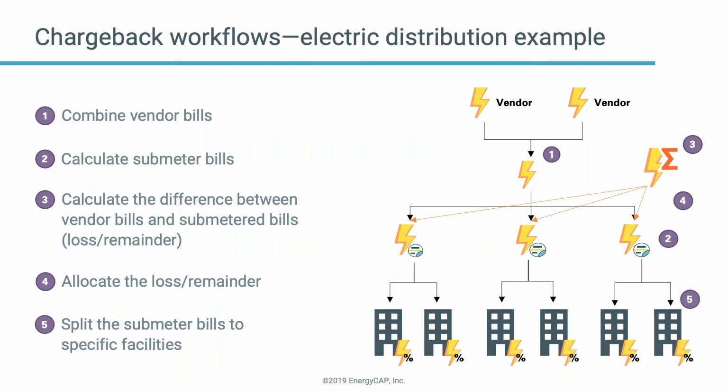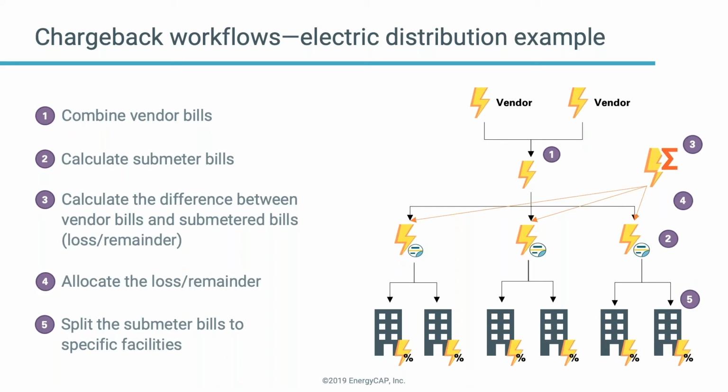We want to group those together into one master bill so that we have a unit cost that represents the entire campus. Then we would like to calculate sub-meter bills based on that new unit cost, and then calculate the difference between the vendor bills and the sub-meter bills to see if there's any loss or remainder on our system that we need to account for. And if we want, we can even allocate that loss and remainder, and finally split the sub-meter bills into specific